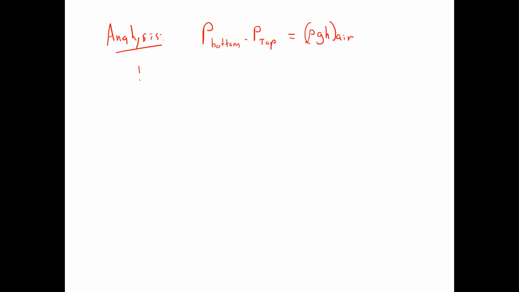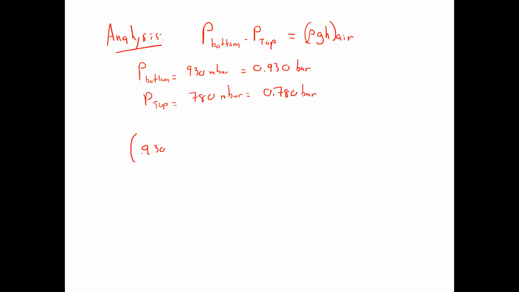So if my initial pressure at the bottom was 930 millibar, that's equal to 0.930 bar. And then the pressure on the top was 780 millibar. That's equal to 0.780 bar. As I go through it, I'm going to fill in the blanks. I get that the pressure on the bottom, 0.930 bar, minus 0.780 bar equals